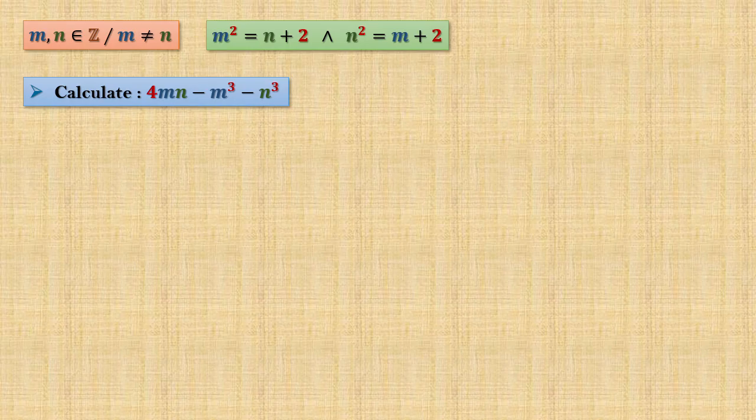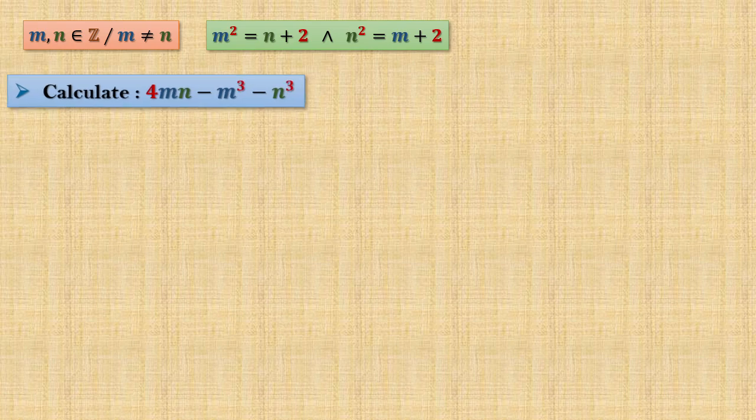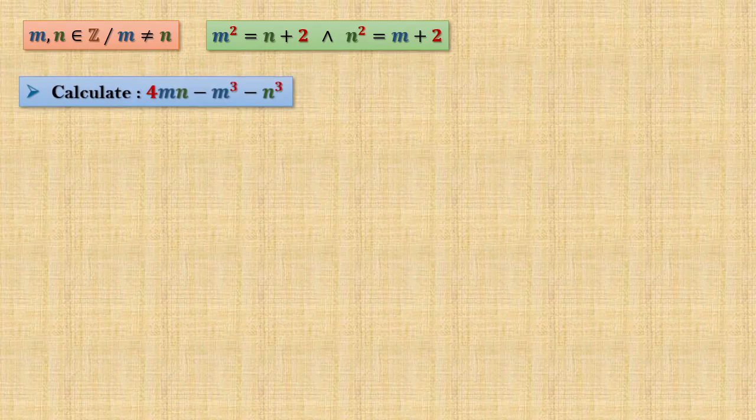We are given two integers m and n such that m squared equals n plus 2 and n squared equals m plus 2, and m is not equal to n. Our goal is to compute the expression 4 times n minus m cubed minus n cubed. First, let's note m squared equals n plus 2 and n squared equals m plus 2, respectively as equalities 1